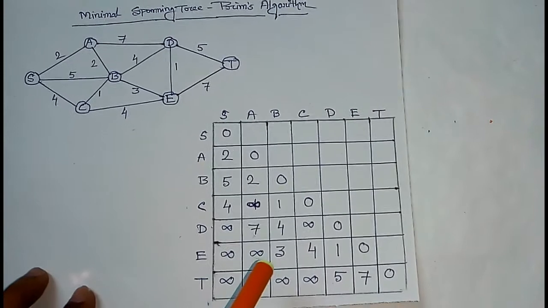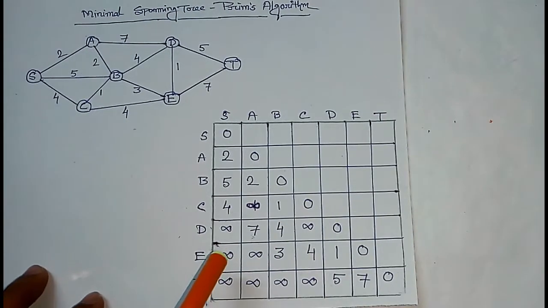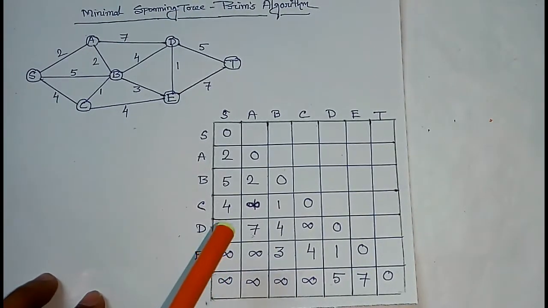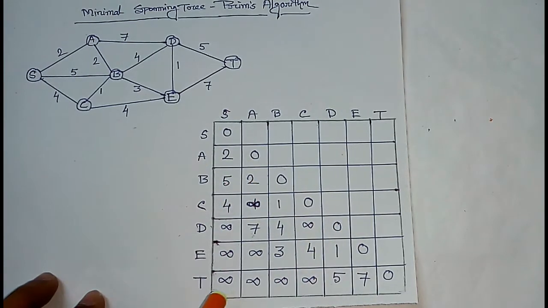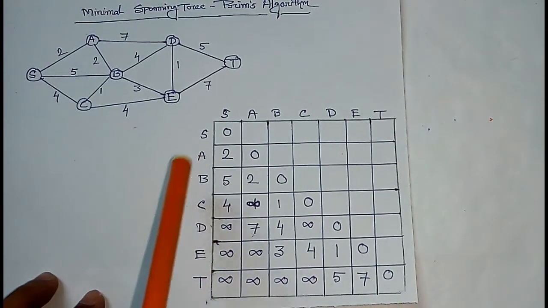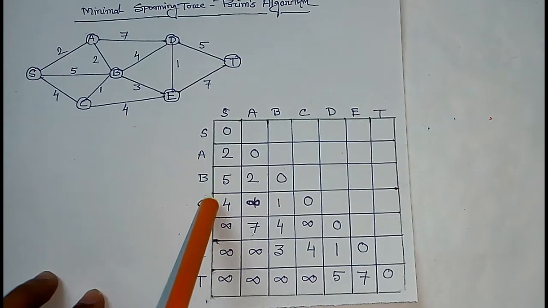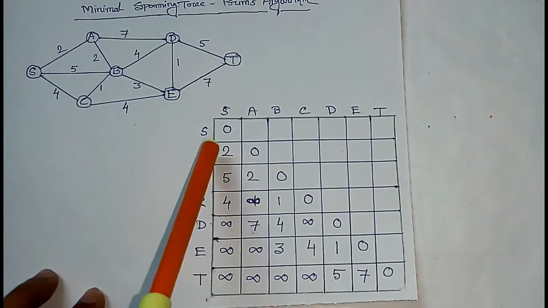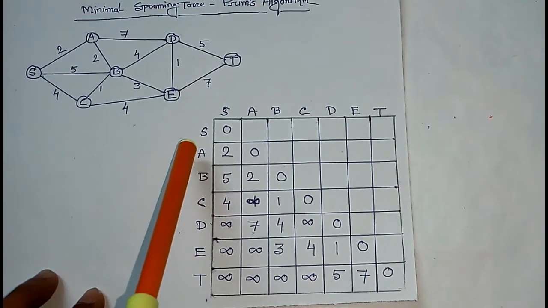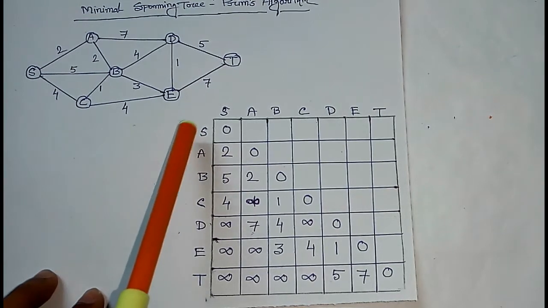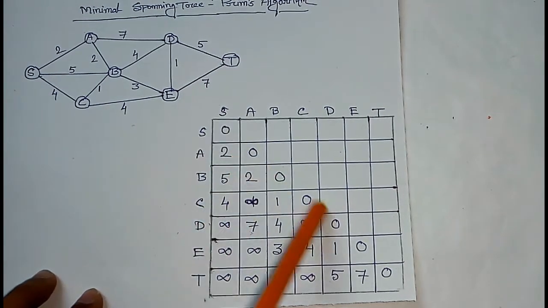First of all, we have to construct this table, and you see that this is a lower triangular matrix type of table where we have considered all the vertices and the corresponding lengths of the edges. We see that the graph contains no self loop. Therefore, all the diagonal elements are 0.